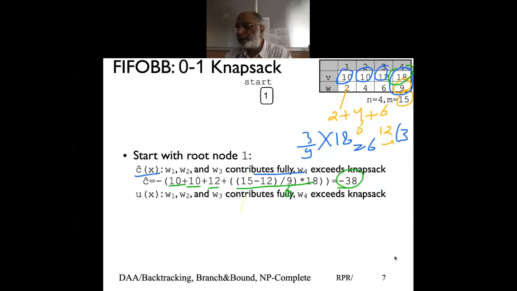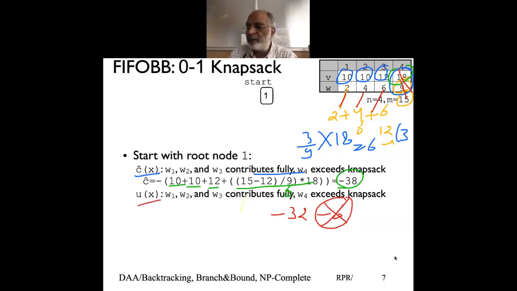And we say U hat x, the upper limit, we don't include the last item because that's the upper limit we will reach. We take items in full, which is 2, 4, 6, which becomes 12. 9 exceeds the knapsack because it becomes 21, so we don't take the value because that's my upper limit. I don't know whether I'm going to include this or not, so I know certainly that this is going to be my upper limit. I cannot exceed the cost. Remember, this is a negative, so if I don't include this, this becomes minus 32. When I remove negative values, my value becomes higher. So my U hat x is always higher than the C hat x.